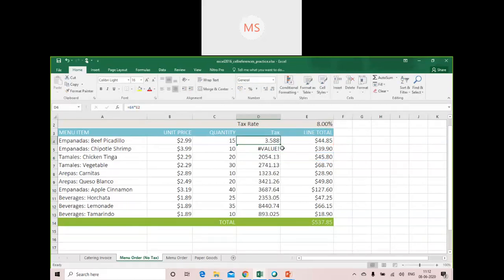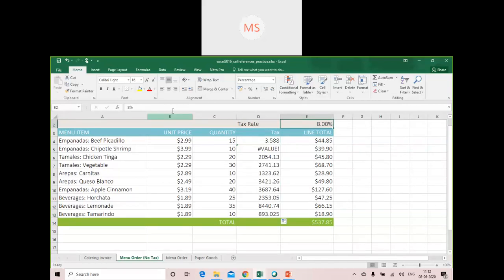Because if I am dragging this particular cell here, it is going to make use of relative referencing. But what I need to make use of is absolute referencing. So I have to ensure that it remains common for each and every row.